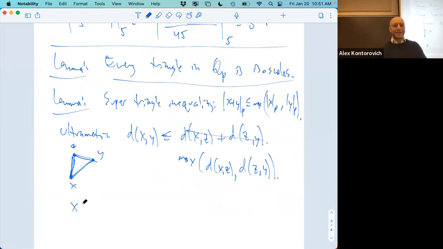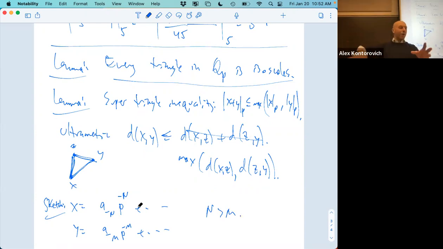Exactly. So if X is, sketch, if X is a to the minus n, p to the minus n, and so on, and Y is a to the minus m, p to the minus m, and so on. So when I add X and Y, if m and n are different, then let's say n is greater than m, then whatever gets added is added in lower digits and does not affect the